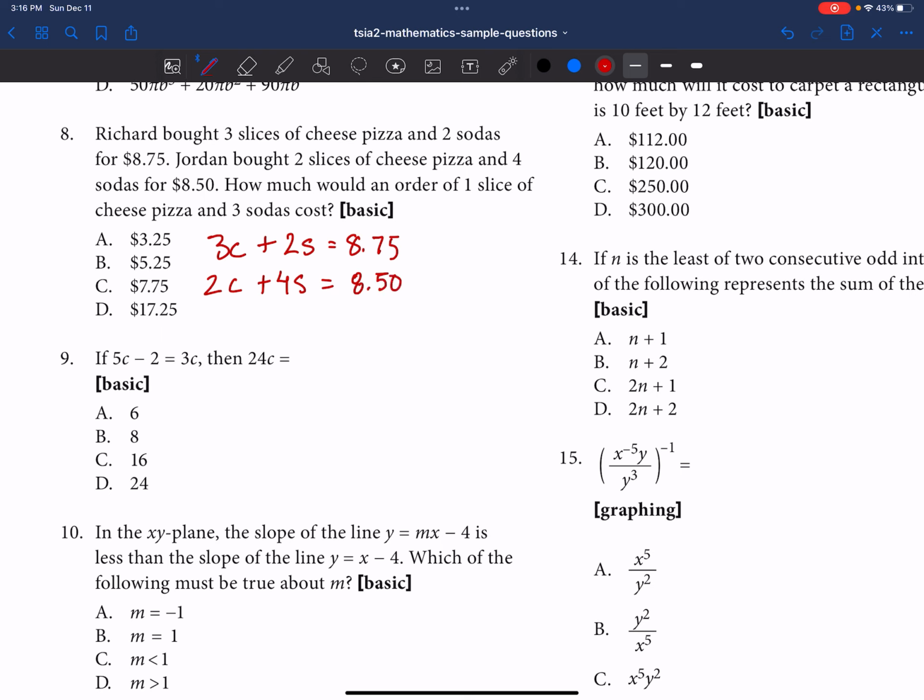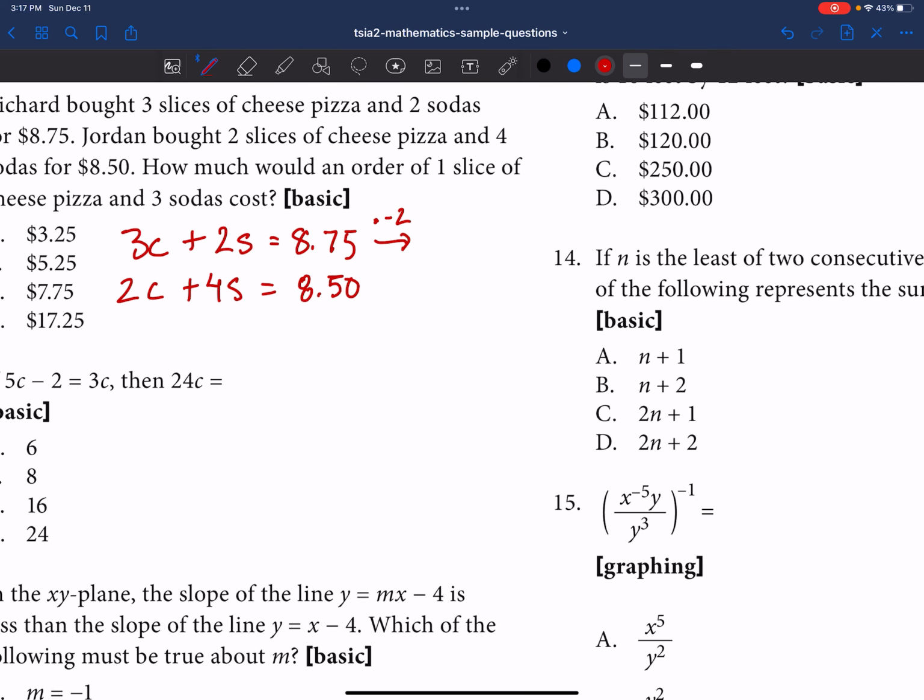Now, I'm going to multiply. Since this is a system of equations, you can either use substitution or you can use elimination to solve this. I'll tell you right from the get-go that elimination is a much easier one to do. So I will multiply the top expression by -2, and this will come out to -6c minus 4s equals